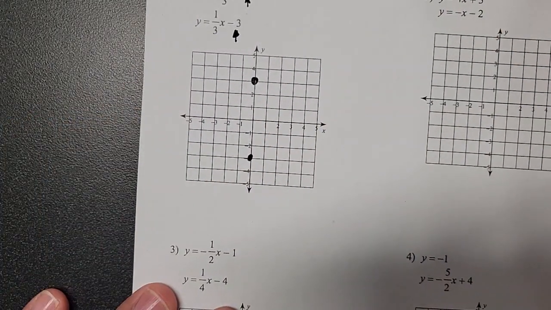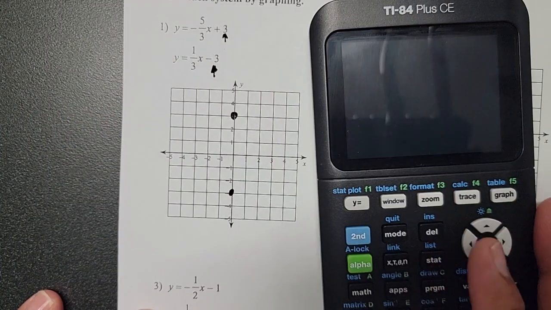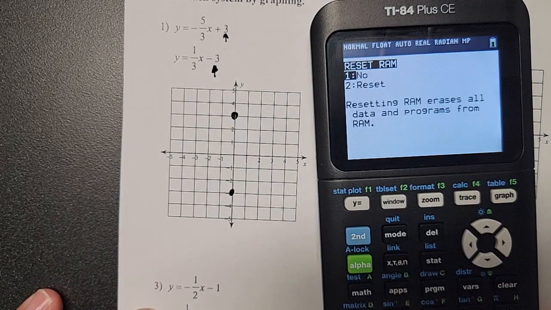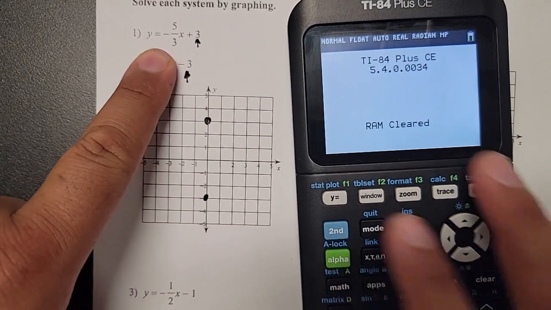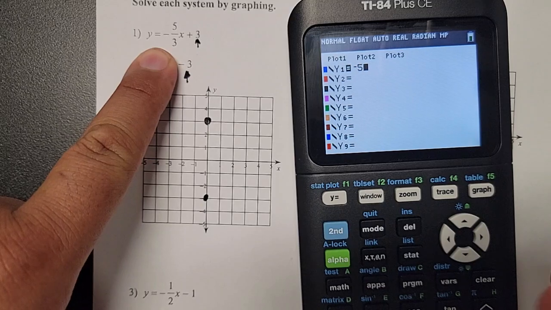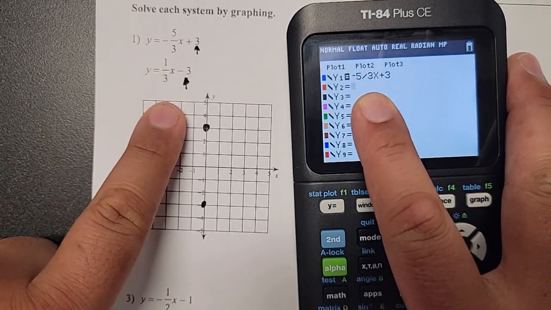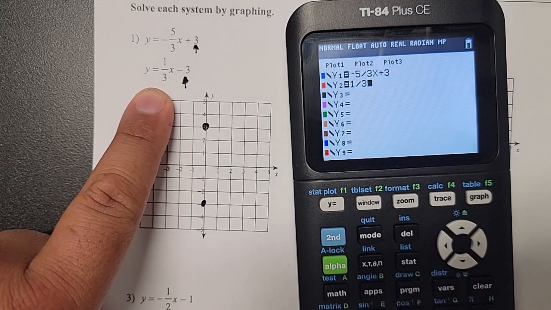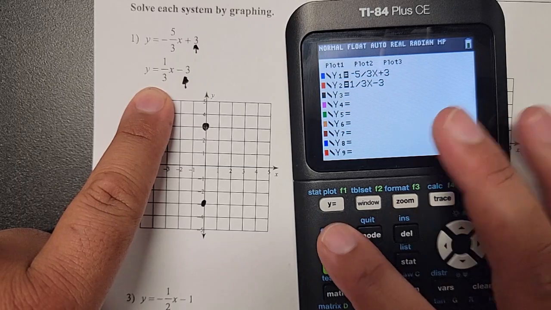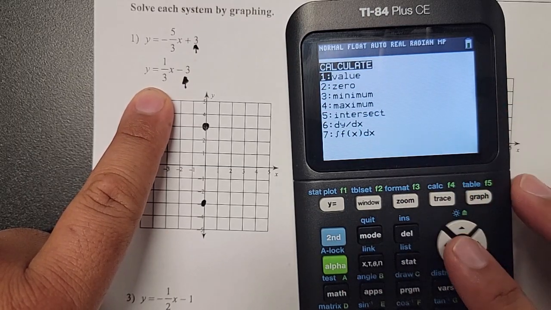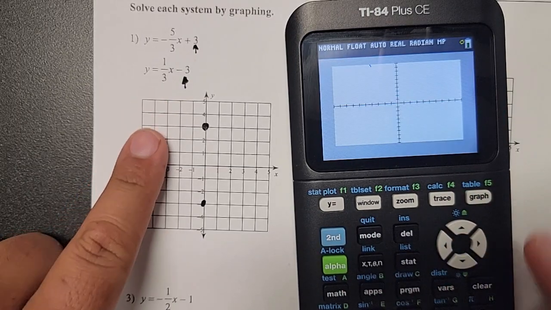Now we're going to use our calculators to do what we were doing yesterday. I'm going to reset. So let's type this in. Go to y equals negative 5 divided by 3x plus 3. Scroll down. I'm going to have 1 divided by 3, x minus 3. Go ahead and do second trace. I'm looking for the intersect. So I'm going to go ahead and